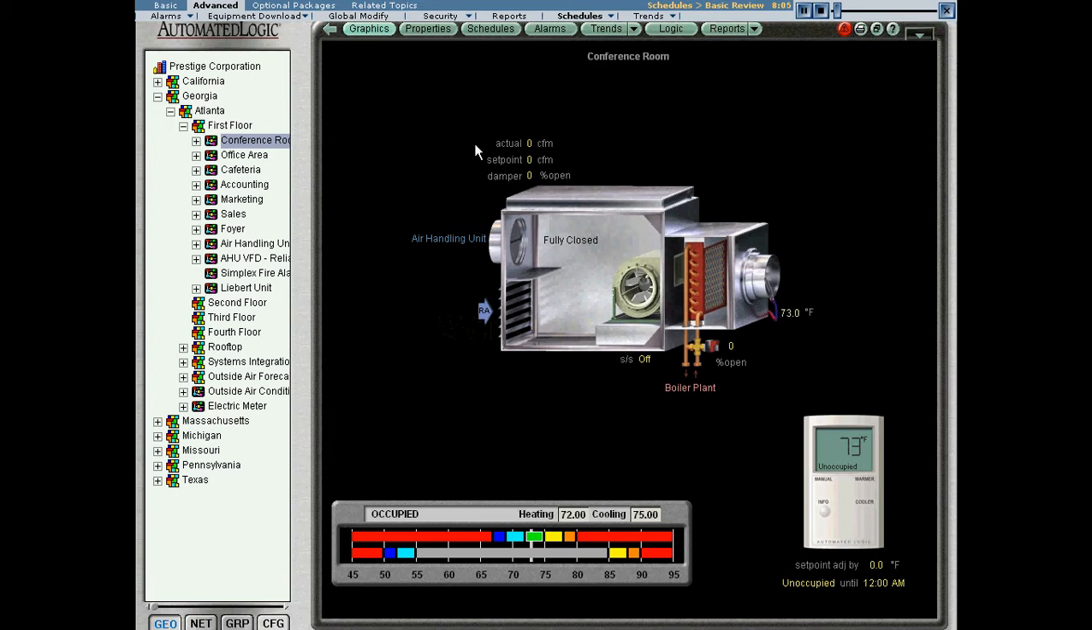Hello. In this session, we're going to talk about schedules and web control. Schedules simply define when a zone is occupied or unoccupied. And we do this, of course, because we want to have a different set of set points when people are